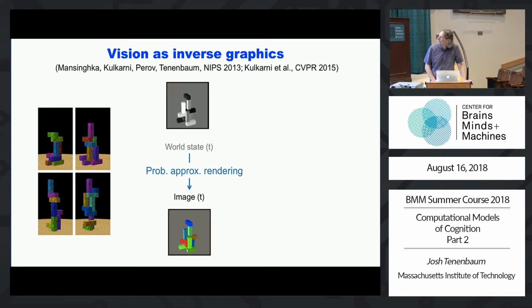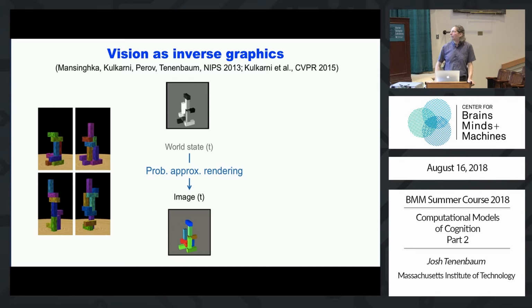Now, this is one sample. Here's another sample. Here's another sample. Maybe I have 4 samples, right? So if I play those fast, you see what looks like the blocks moving around a little bit in 3 dimensions, right? So those are 3 different samples of 3D positions. Those are not samples of images. They're samples of block positions in 3D, but then rendered into images and coded in black and white. So the idea is that vision gives you maybe one of those guesses, and you see they're only a little bit different, and they all represent a plausible distribution of uncertainty that you would get if you looked at that image for a relatively brief period of time.